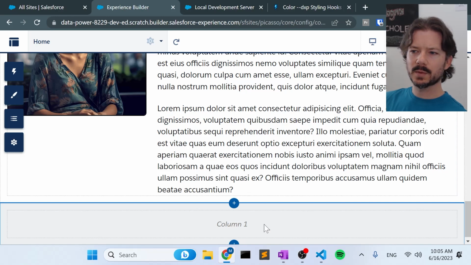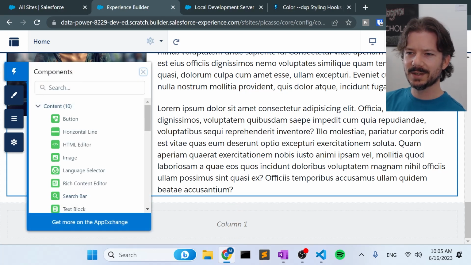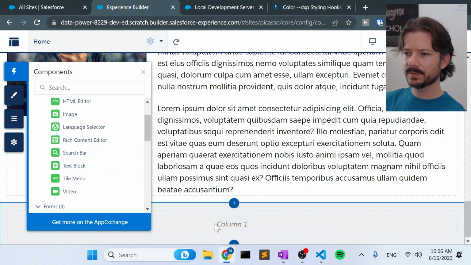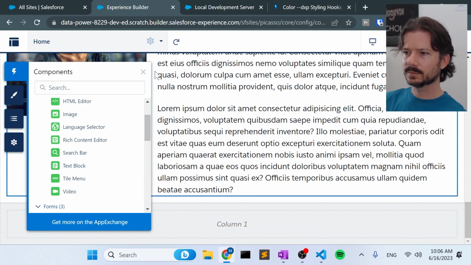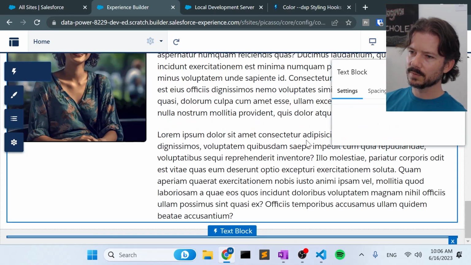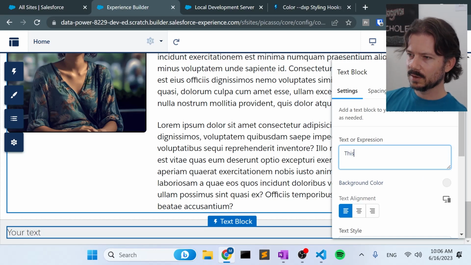Now, one last step. We have this empty footer down here that's part of the LWR build your own theme. So let's go ahead and just add some text in there to make it look like it belongs. So let's go ahead, throw a text box down there. Give it a second to catch up. There we go. And let's say this site built using